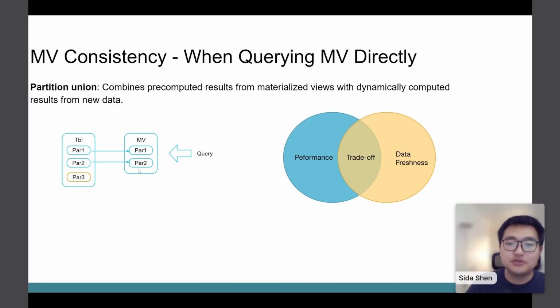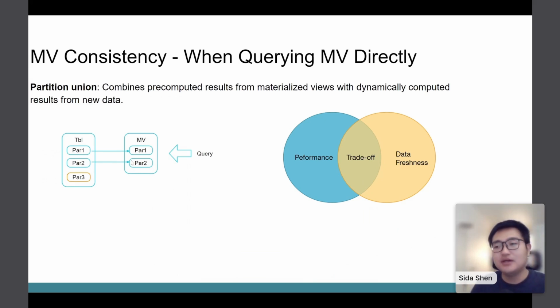If the partitions in the materialized view are outdated, let's say you added another partition to your base table, what partition union can now do for querying MV directly is union the result from partition 1 and partition 2 with the new data in partition 3, and compute partition 3 on the fly and